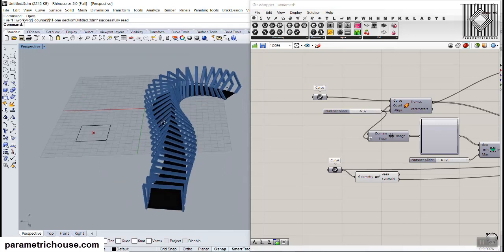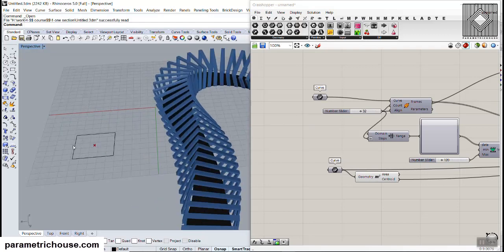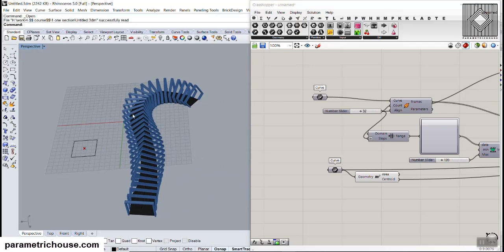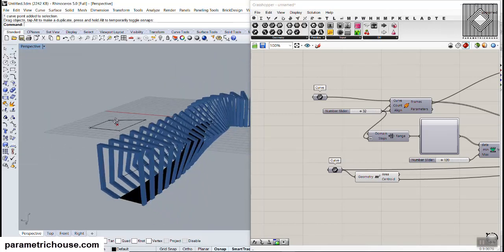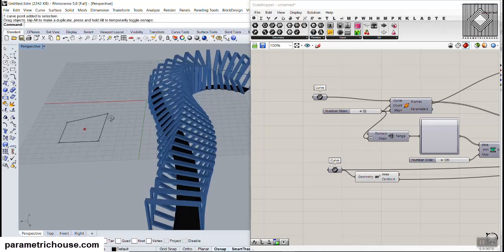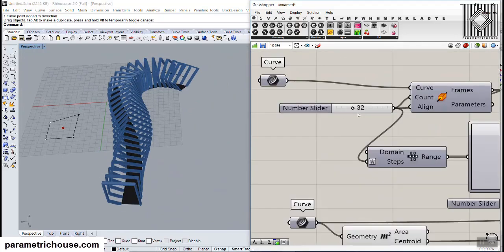So for the first tutorial on this section, I'm going to use one section and a curved path, and as you can see here, I can change this section and you can see the results. We will define this section on the curve, and you can see that I can change it here, so we'll talk about this